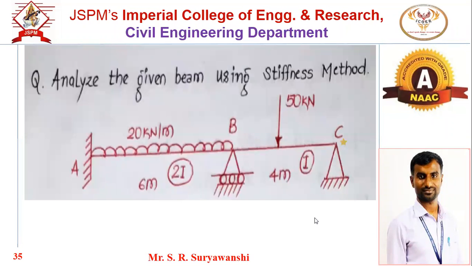Now here is continuous beam ABC, and there is a change in cross section. For AB it will be twice and for BC it will be 1. Means for AB it will be twice of EI and for BC it will be EI. Now support C is the end support and that is simple. So what can we conclude from the support C?